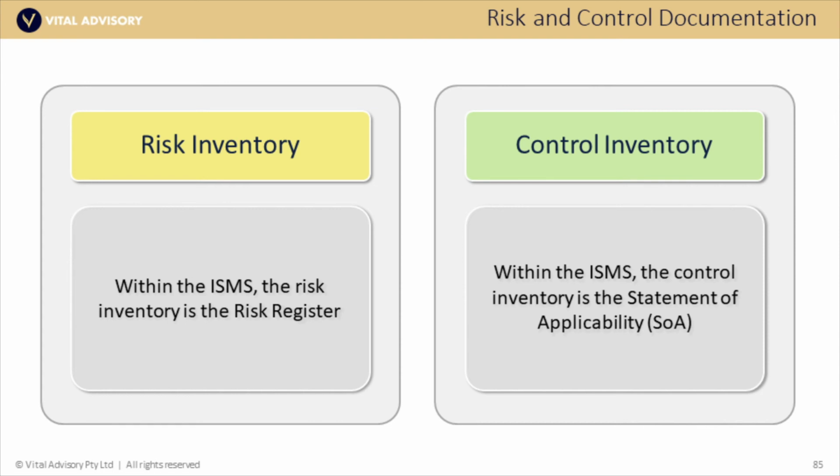Now, I could document it, I could train them, I can show them, and all of those go into the design effectiveness. Because once they've then got all that knowledge and this control, they then need to operate it effectively. And so operating effectiveness is that the control performs its objectives all the time. In other words, every time somebody uses this control, it achieves its objective, that it's not being avoided or circumvented, that there's no workaround for this, that they have to step through this control, that it reliably operates in all